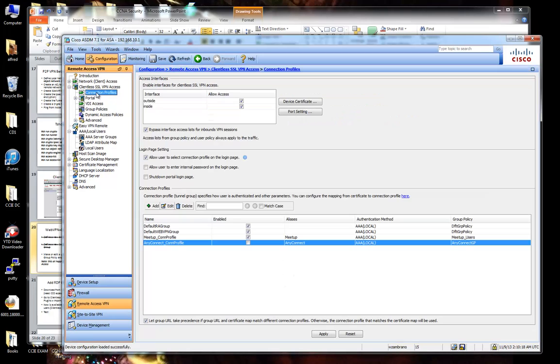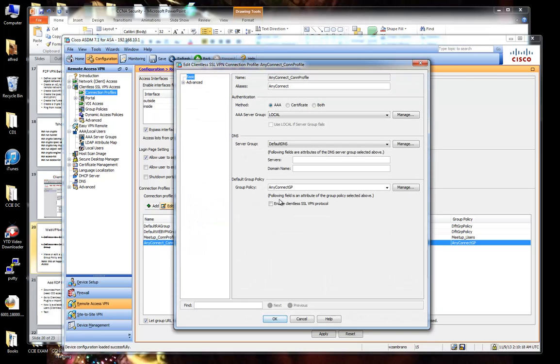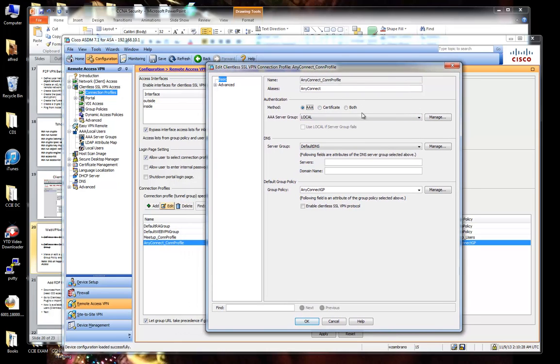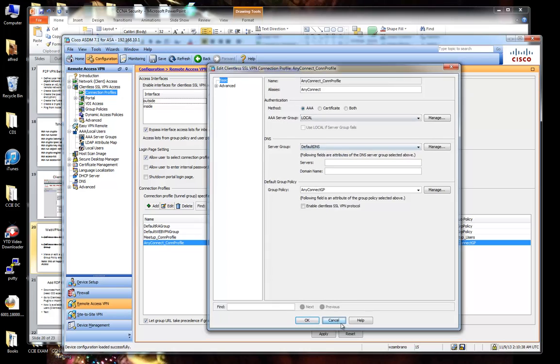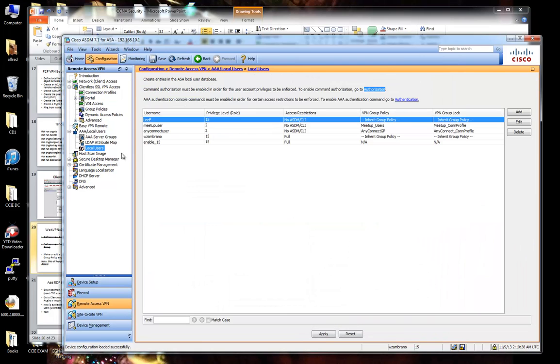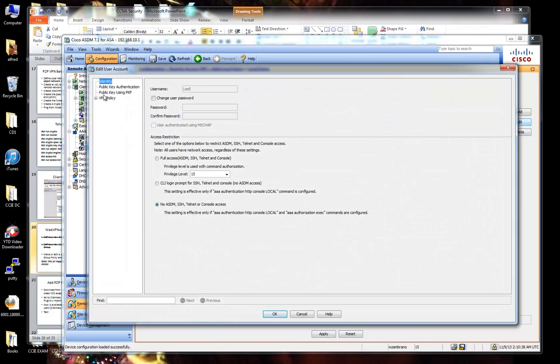Now let's jump back to our connection profiles. We'll go to Edit. We're already allowing the local database to pull the user account. So whatever user account I create locally on that ASA, that connection profile or tunnel group is already specifying to look at the local users on that ASA. So we actually don't have to do anything. We could leave it as is. But if we do want to play with it more,